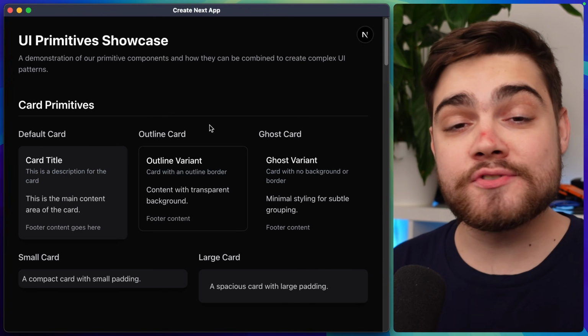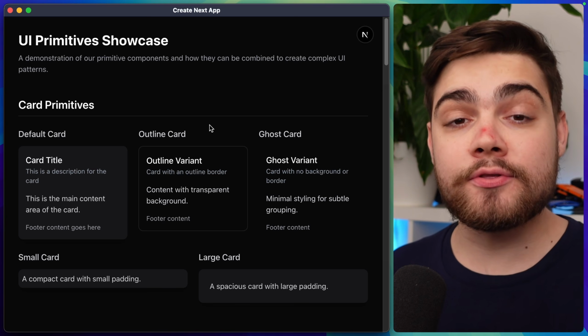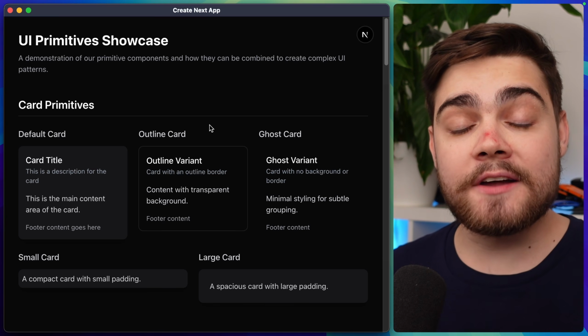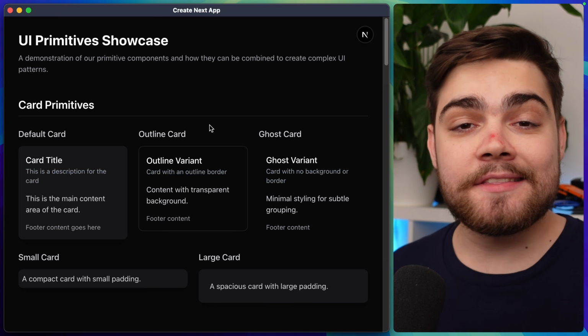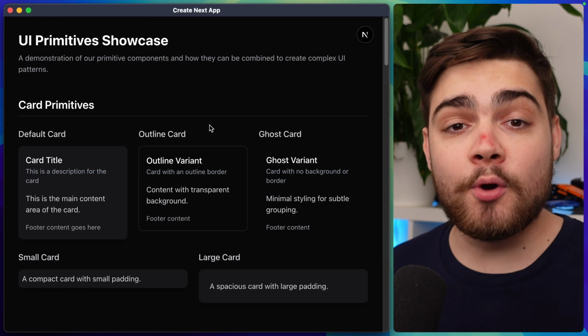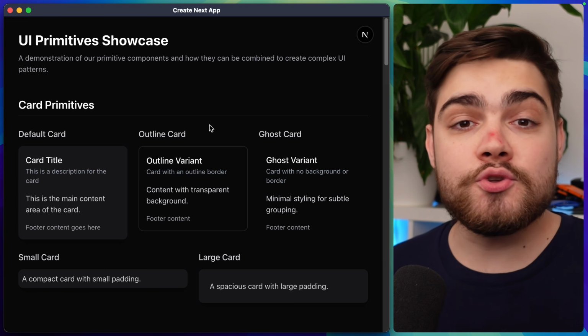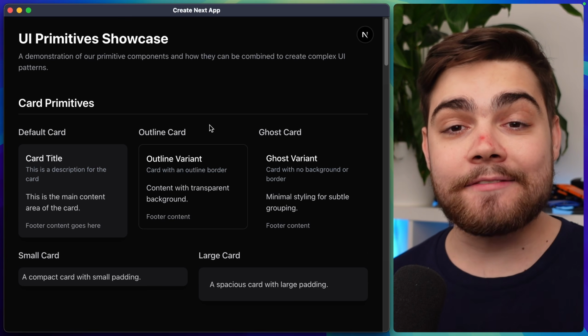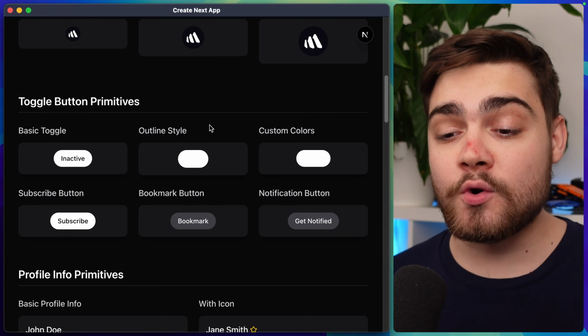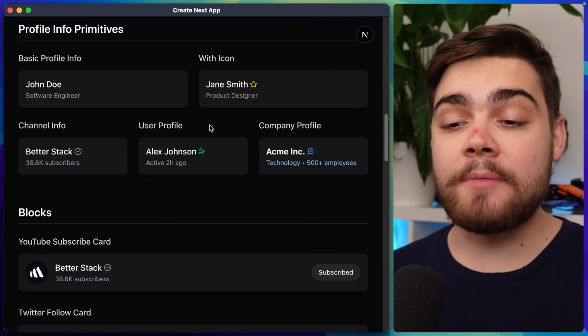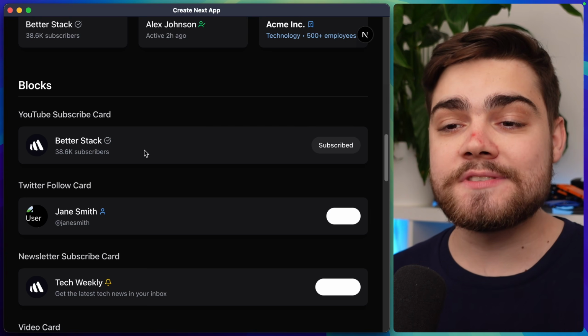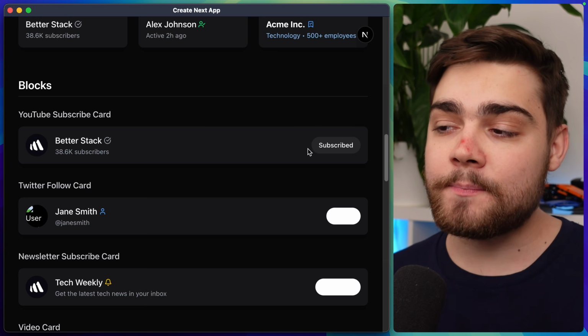Here I have 4 components that I want to share, and I also have a block that uses those 4 components. I define the components as the primitives, think of these like the Lego pieces, and a block is like the completed Lego set that uses those pieces. So you can see I have a card primitive, an avatar, a toggle button, and profile info, and then my block that comes together with those 4 components is this YouTube subscribe card with a button that you should definitely